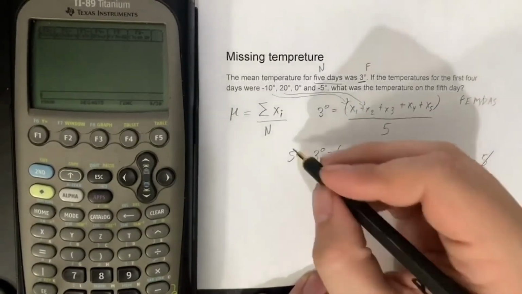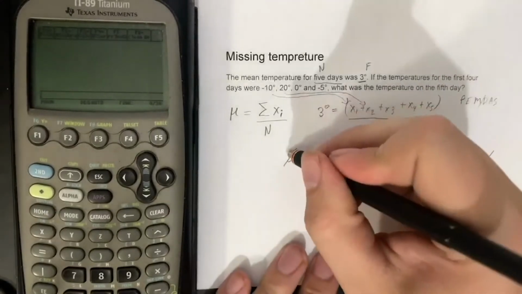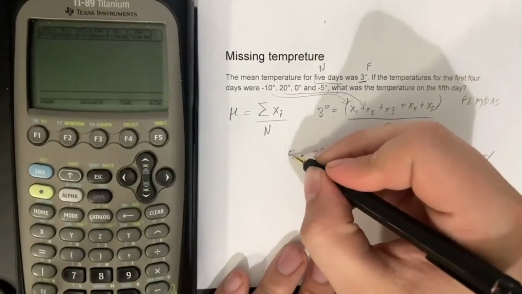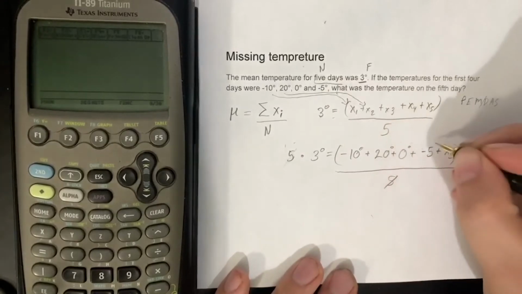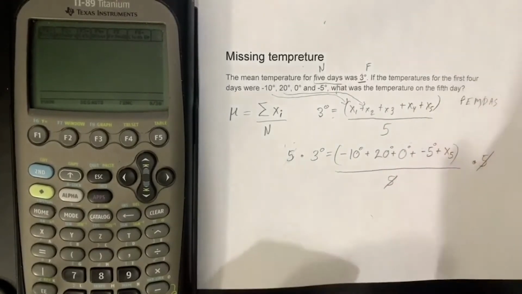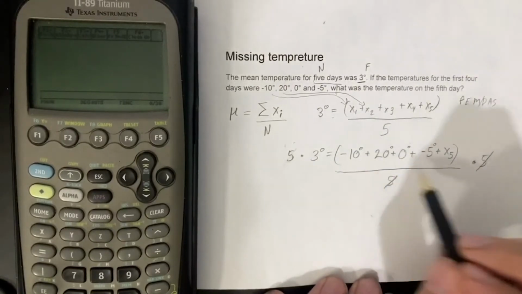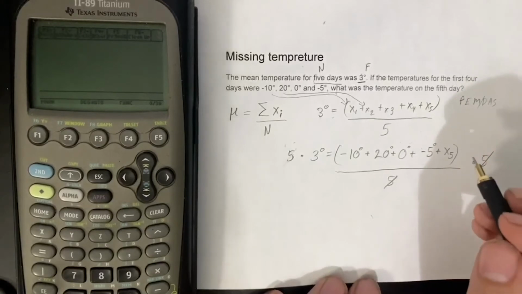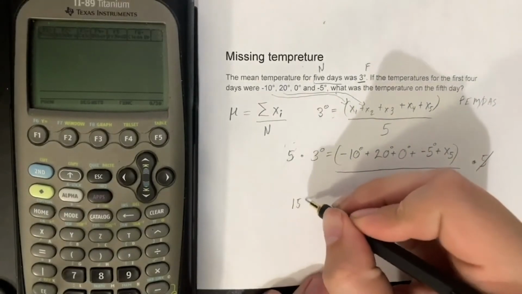5 cancels out. Oh, sorry, 5 does not cancel out on that side. It's easy to make some of those mistakes when you're working quickly. It's also going to help to pay attention to those units, a step that I'd been skipping unintentionally, because that tells us that this is all similar data. We have to keep it together. The next part is after seeing that we've got 15 degrees